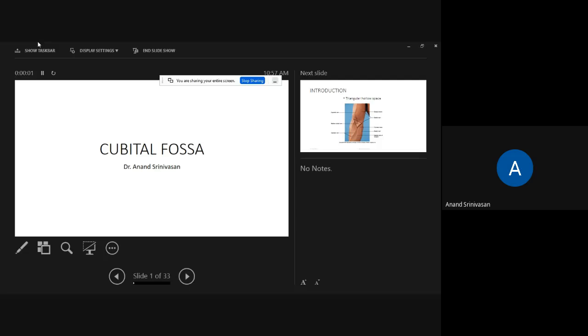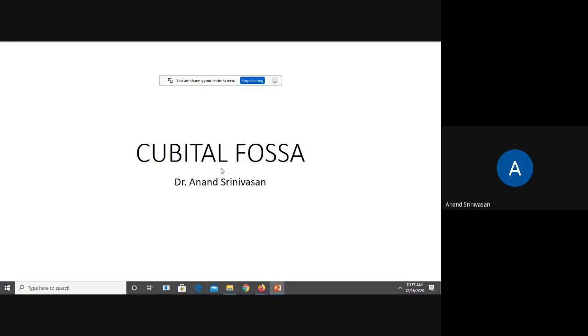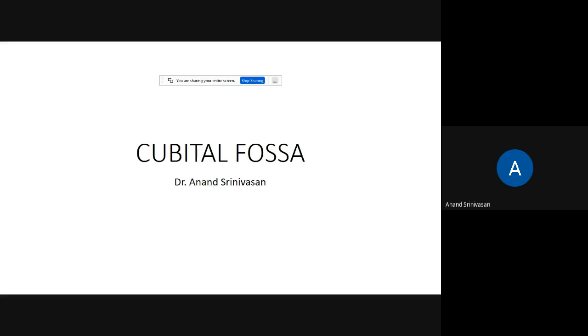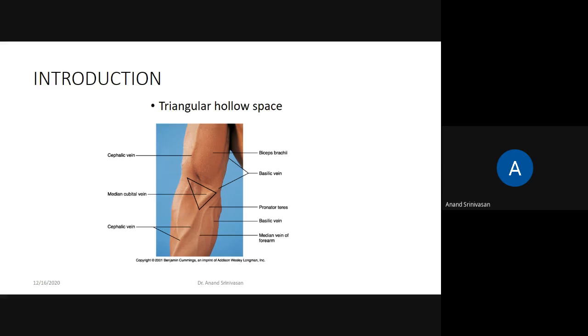Today we are going to see about the cubital fossa and the forearm muscles. Okay, the muscles in the forearm. Okay, cubital fossa. So what is this? The cubital fossa,